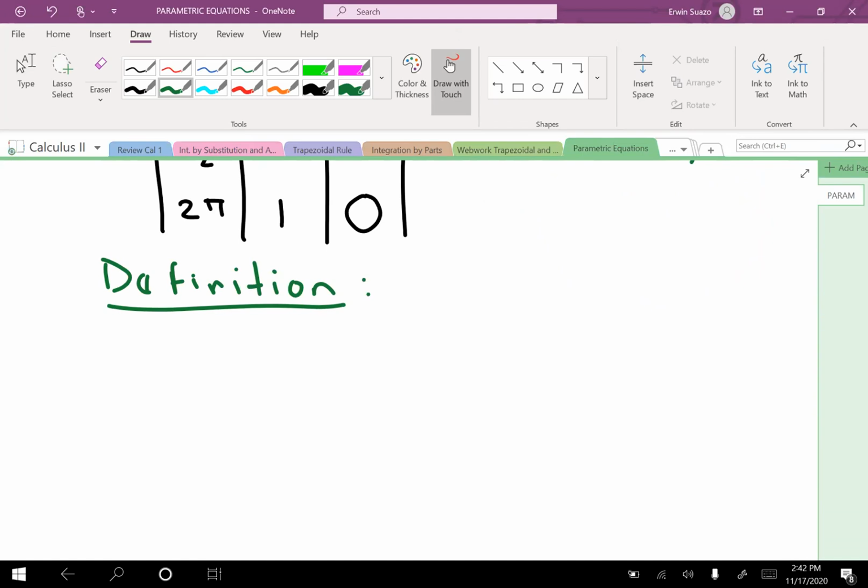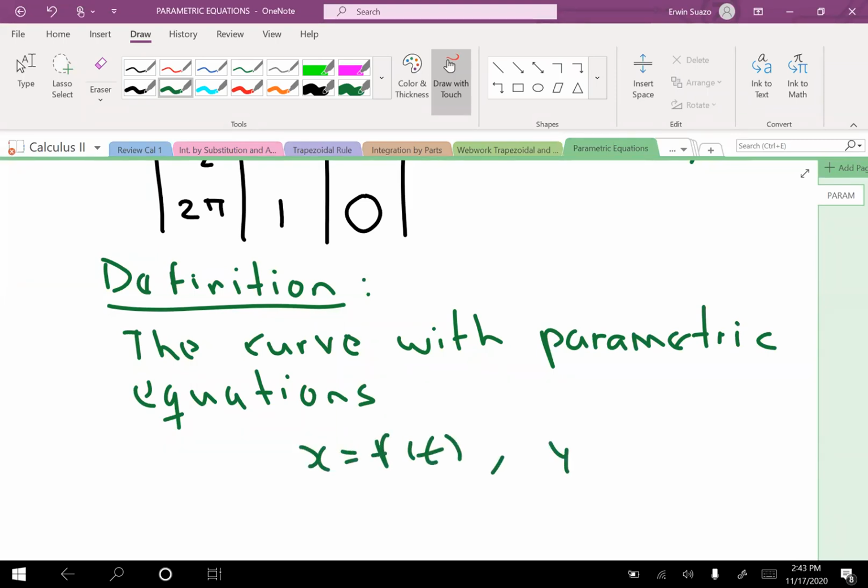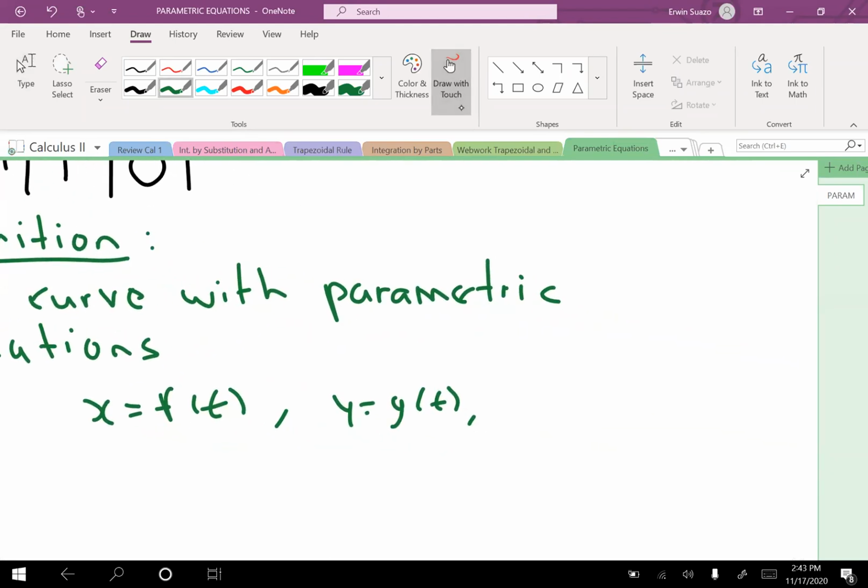The curve with parametric equations x equals f of t and y equals g of t, and t is between a and b, right? Has initial point